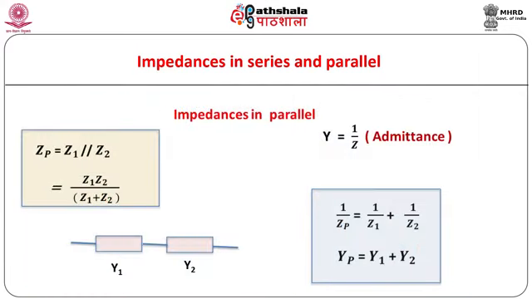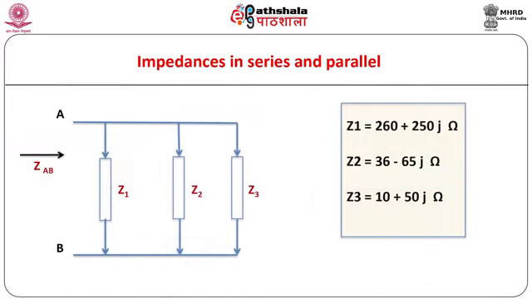The effective impedance of these two impedances when connected in parallel with each other is given by Zp equal to Z1 in parallel with Z2, which finally comes out to be Yp equal to Y1 plus Y2, where Y represents the reciprocal of Z and is known as admittance. If the impedances are in parallel, it is advised to add the admittances of the corresponding impedances first and then find the reciprocal of the resultant admittance to obtain the net impedance of the given network. As an example, see the following problem.